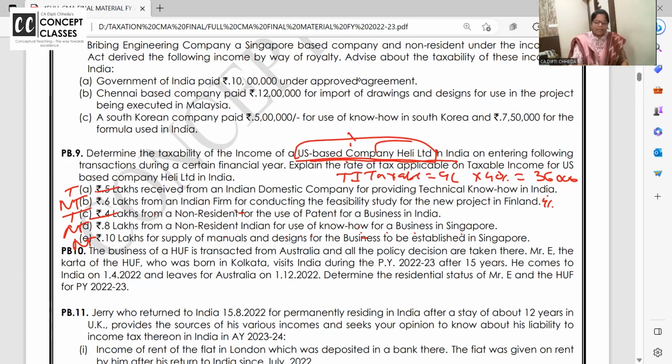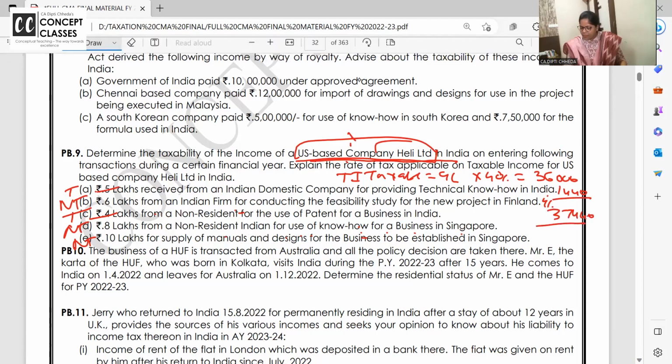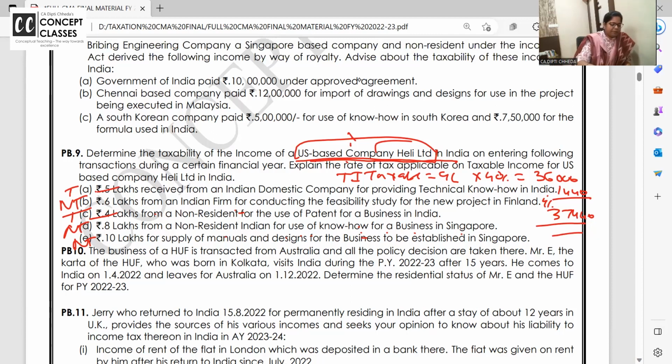9 lakh is the income for the foreign company, and because it's a foreign company, 40%, 36,000 is the tax. In that, 4%. Yes. What is your answer? 37,440 is the tax payable. Easy, clear? Chalo. 10th problem, if you have done the homework, share the answer. If not, I'll ask you to solve it now in class here.